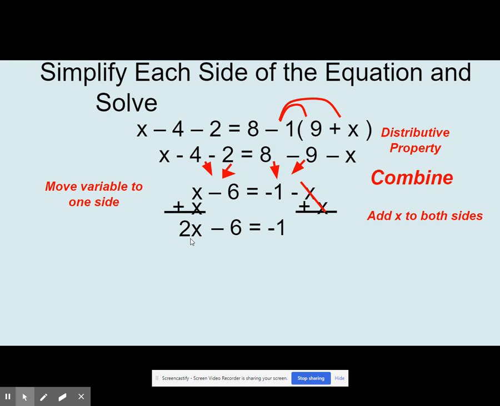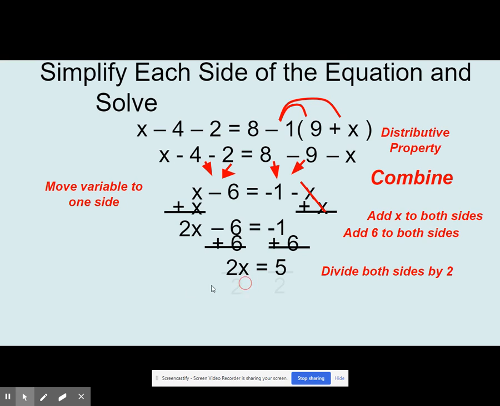Name it, do the opposite. So we've got 2 times x minus 6, so it's multiplying and subtracting. So the opposite would be we're going to add and divide. So we're going to add 6 to both sides. Gives us 2x comes down. That cancels out. Negative 1 plus 6 is 5. And then divide both sides by 2. So we just end up with